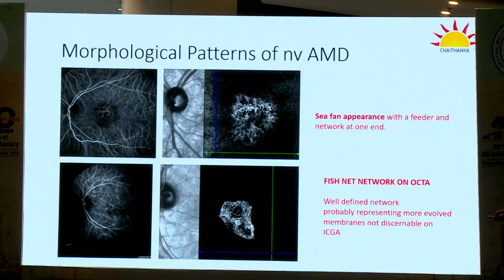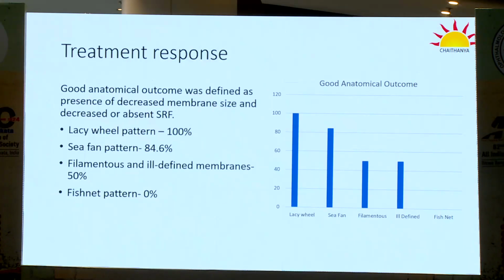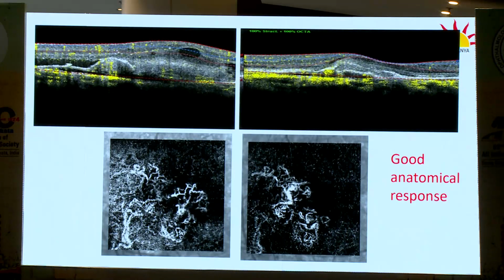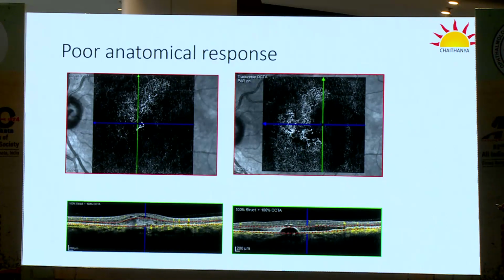Things like this, like the CFAN and the fishnet pattern, do not respond. So your progression analysis is important, as it tells you which CNVMs do not respond to anti-VEGF. And this is a good response, where all these small vessels are going away. This is a poor anatomical response: after the injection the vasculature is